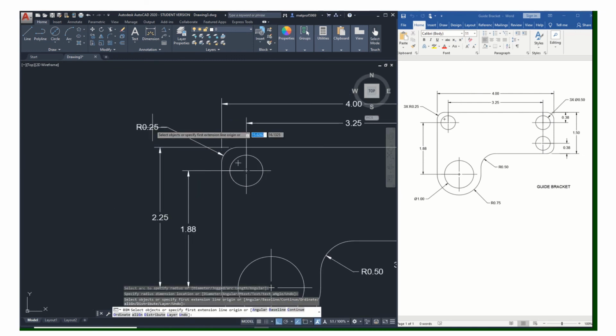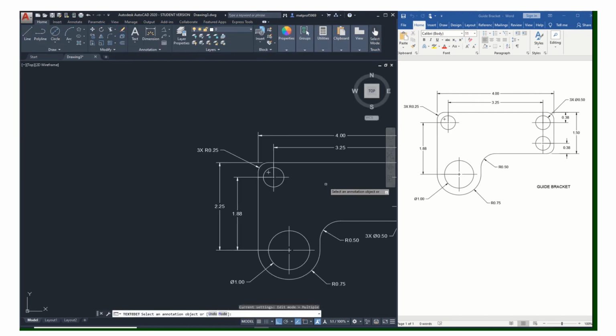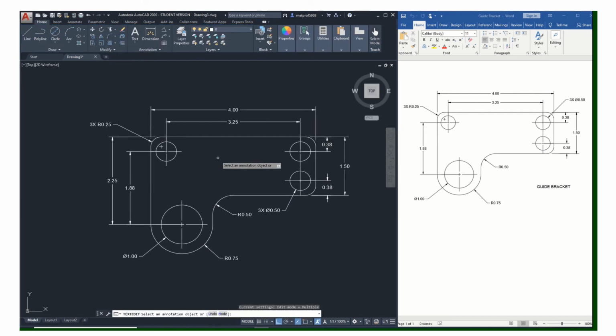We have 3 of those, so double click, 3x. Those should actually be capital 3X. Close the text editor. And there's our drawing. So then again, put the title and your name and so forth. Put it onto paper space, adjust your borders. This is just an example. You have a problem that's somewhat similar to this, but not the exact same. So hopefully that helps you with